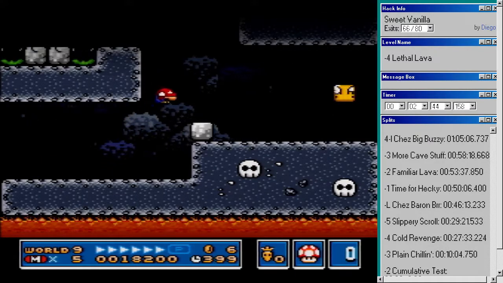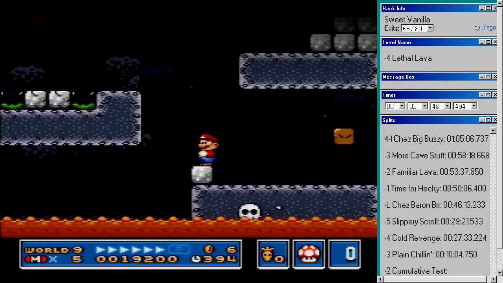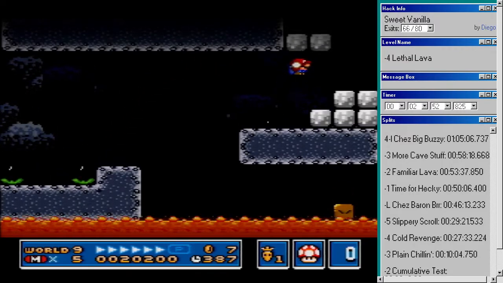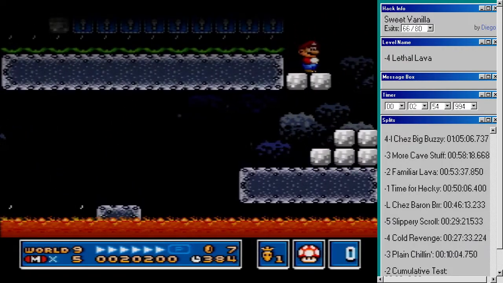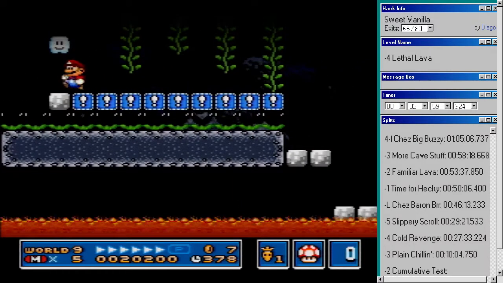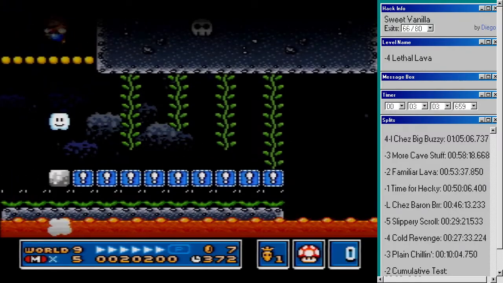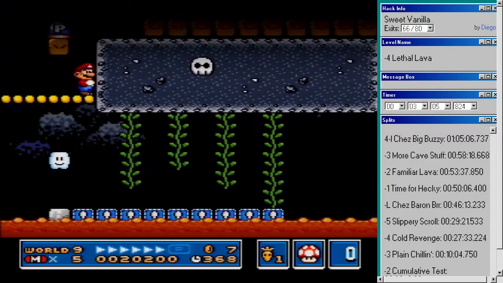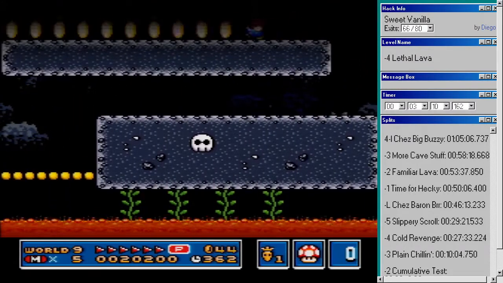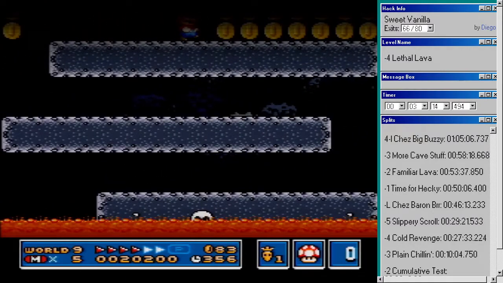Wait, there's 2 exits? What the hell is this? Is there another pipe I didn't see? I waited pretty long last time. I should have beat the level. I should have beat the level instead of sandbagging. Okay, reasonable theories. If I waited longer here, there could be a piece...